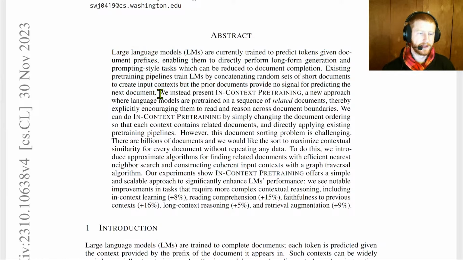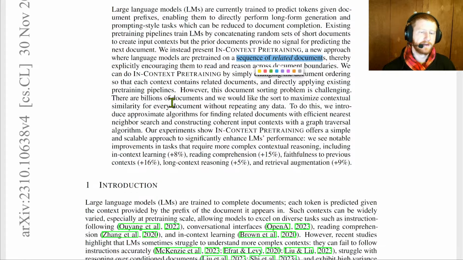And in this paper, they're saying maybe there's a new approach we should take, which is to have a sequence of related documents, so that you're able to attend past the document boundary into whatever the previous document was, and possibly have a chance of finding something that's useful, that's related, and explicitly encouraging them to read and reason across these boundaries. And the reason that this is useful is because if you think about how people do retrieval augmented